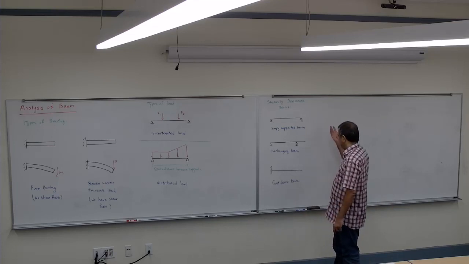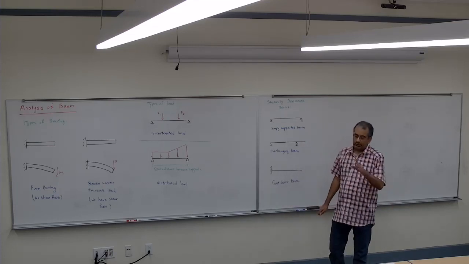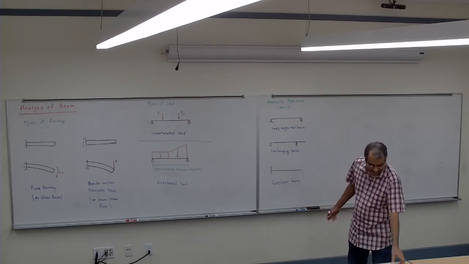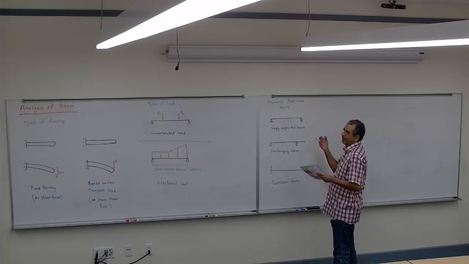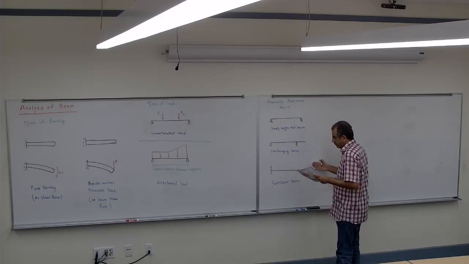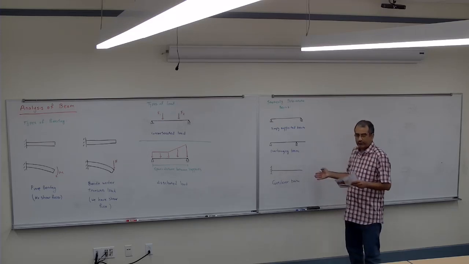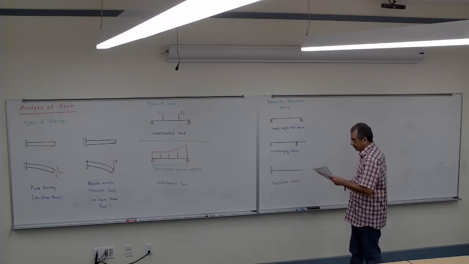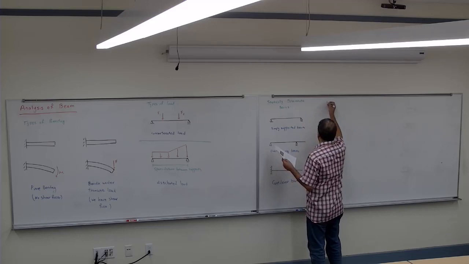And based on the statics, they are indeterminate. So I cannot find the reactions just by using the equilibrium equations. I need the deformation equation about the shapes to solve those problems. So, statically indeterminate beams. The next part is